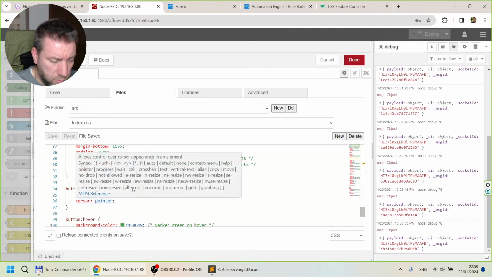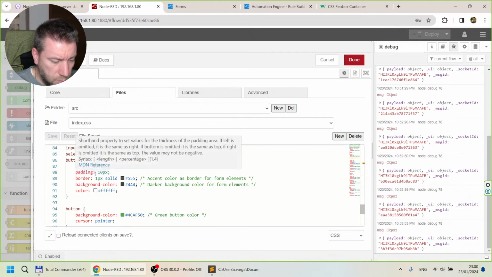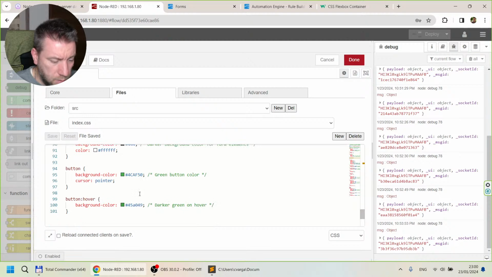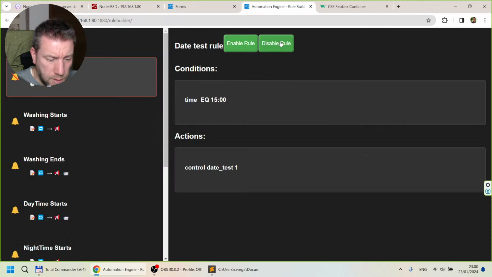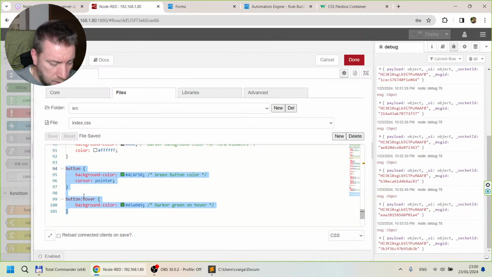Green color pointer. Oops. Margin padding, solid border. Yeah, background. Does it? Oh yeah, it hovers. Okay, so I think I need